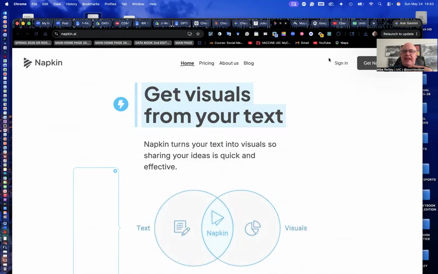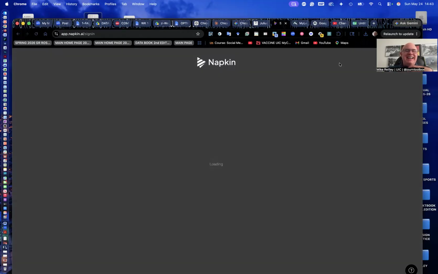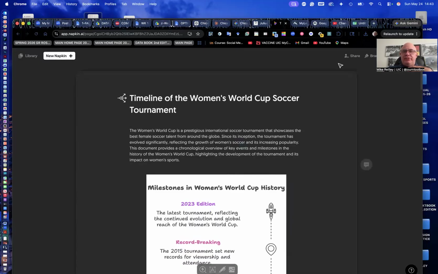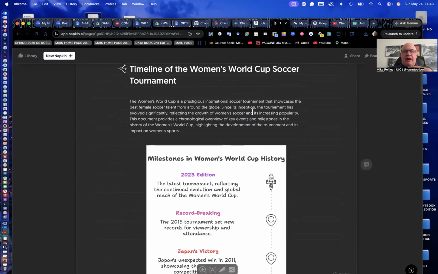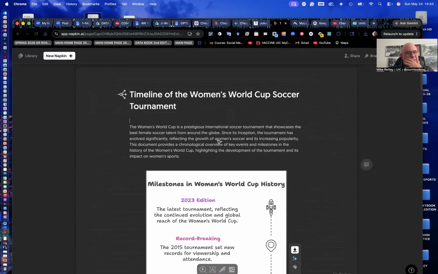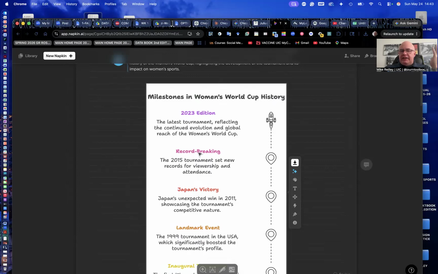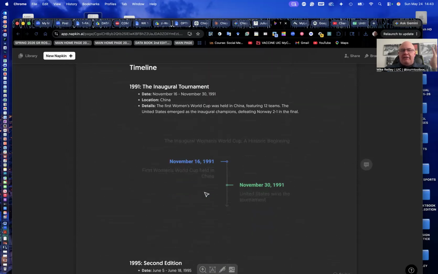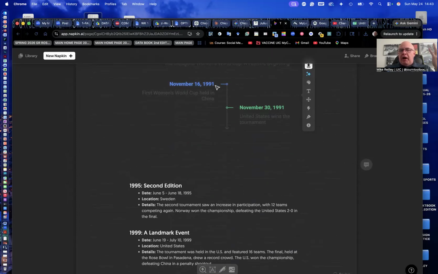Another fun one is napkin.ai. And I've used this tool to brainstorm quite a bit. Doesn't always pick the right fonts or the right icons, but I loaded in some information about the history of the Women's World Cup, and it created this little timeline format for me. It gave me multiple models. You could go in and click on these little toolbars and switch out the fonts and the colors and things